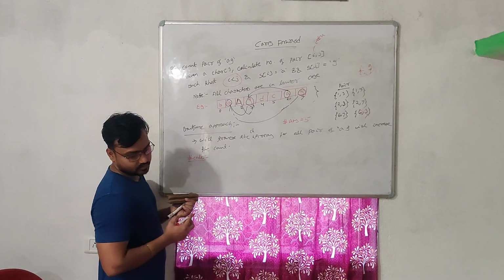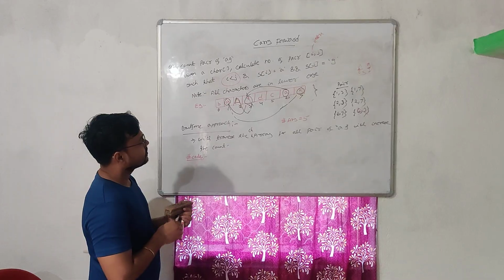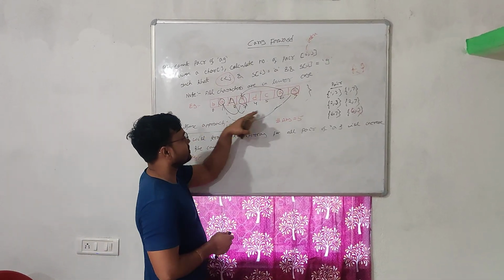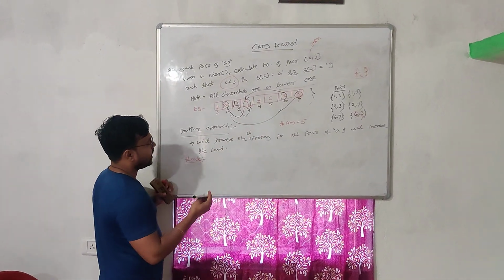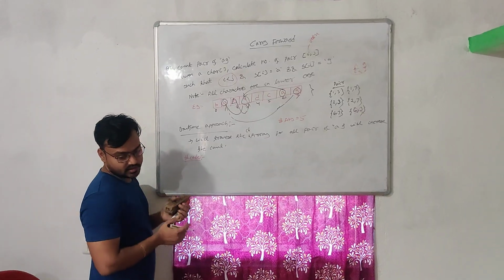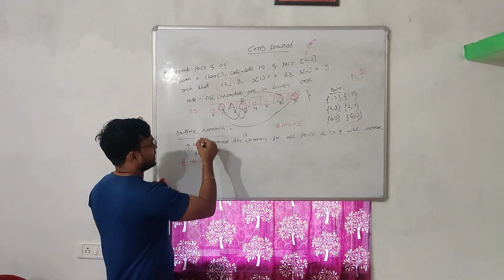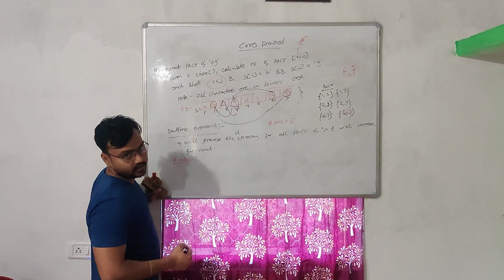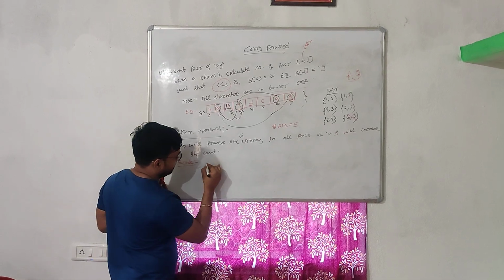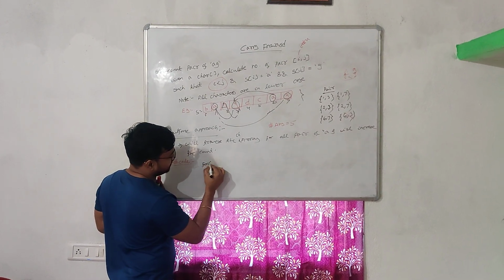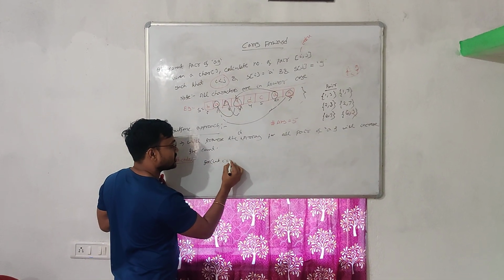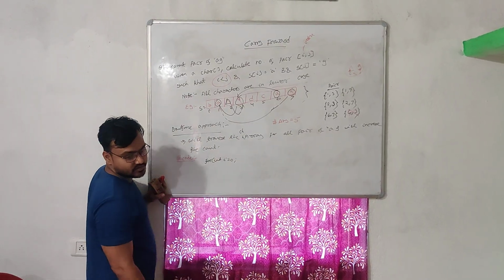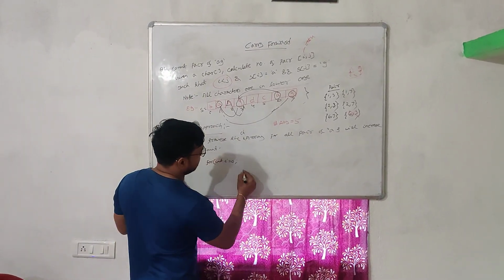I'll write the code. Let's say this is my size, and this array is something around, let's say S array. Okay, this is my S array. So what I'll do? I'll traverse the array. Int i equals 0. Array index always starts from 0, and I need to be less than